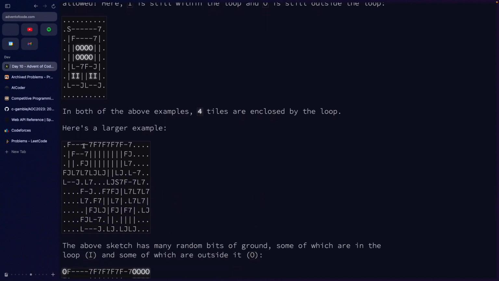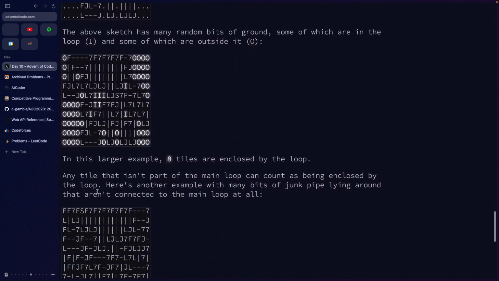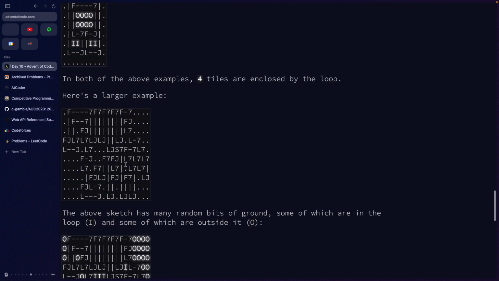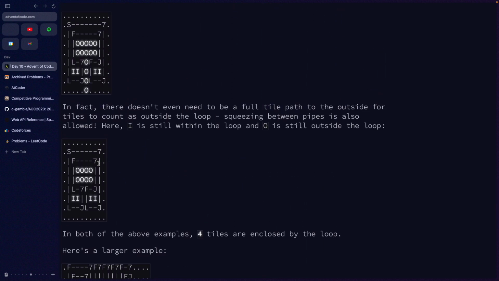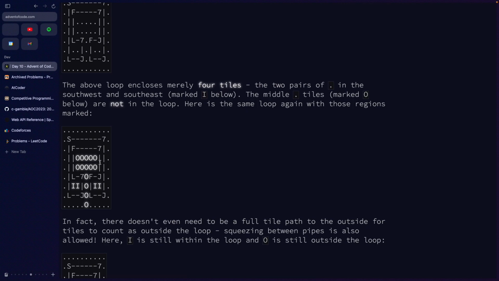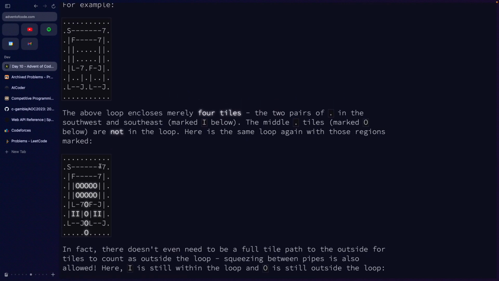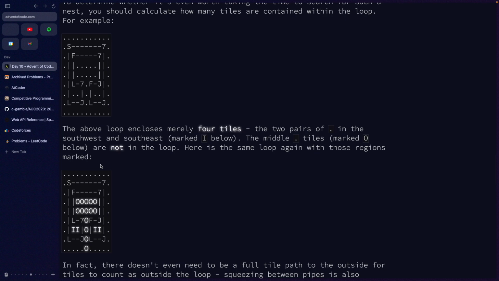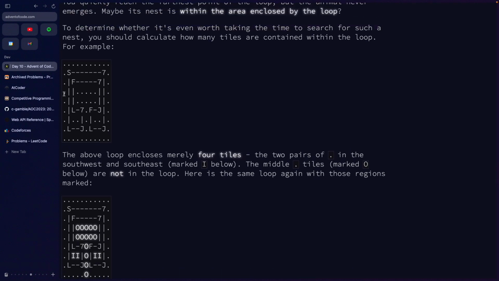And here is a much more complex loop where the answer is 8 tiles. So what we want to do is figure out how many tiles are enclosed by the loop. And Hyperneutrino has a really insightful explanation of this. But the whole idea is, let's say you are starting at this tile. If you traverse horizontally across the grid, and you cross the loop once, that means that a tile that you encounter